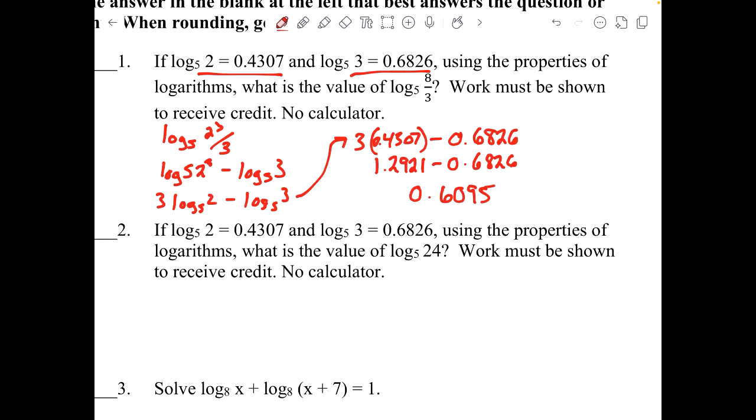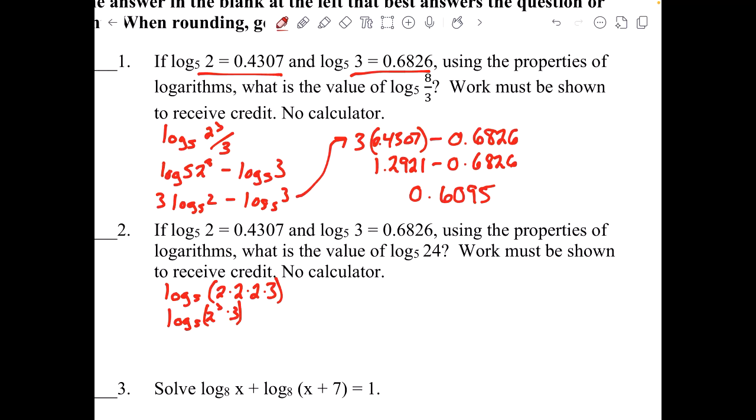For question number 2, we have the same information. Use properties of logarithms. What is the value of the log base 5 of 24? Well, log base 5 of 24 is 2 and 12, which would be 2 and 6, which would be 2 and 3. So once again, I have 2 cubed, so I could write this as the log base 5 of 2 cubed times 3,